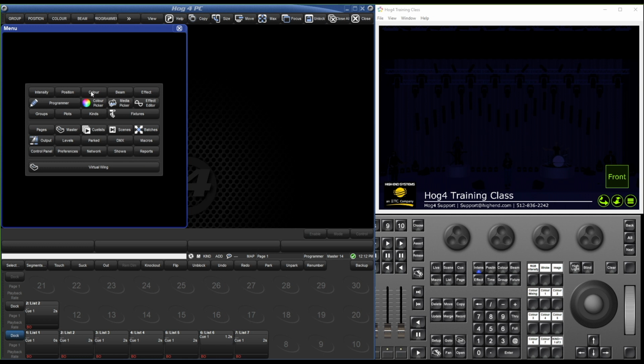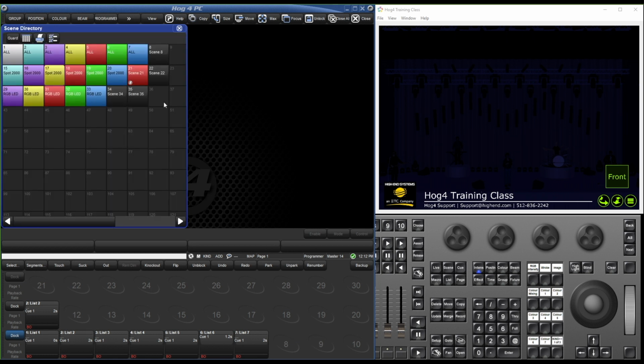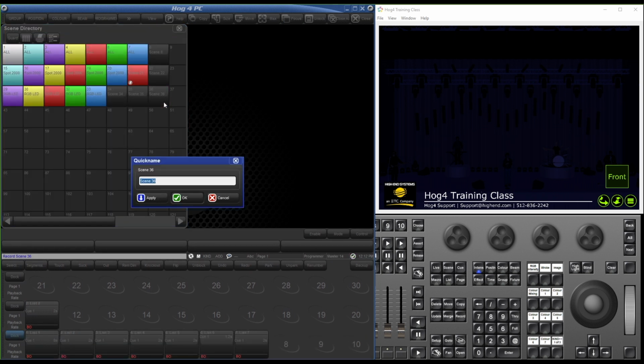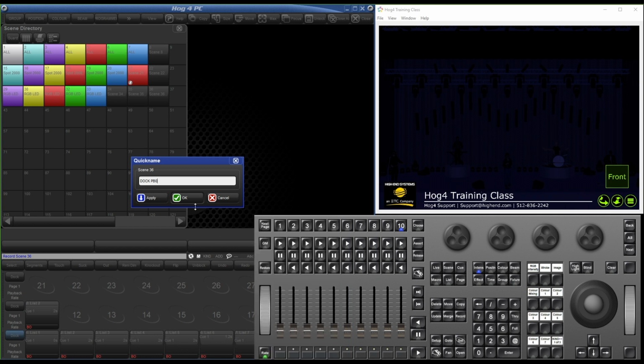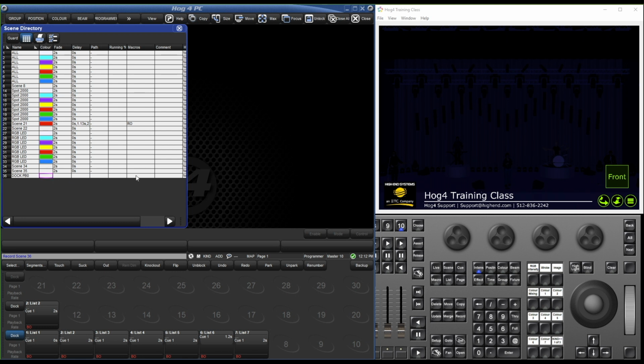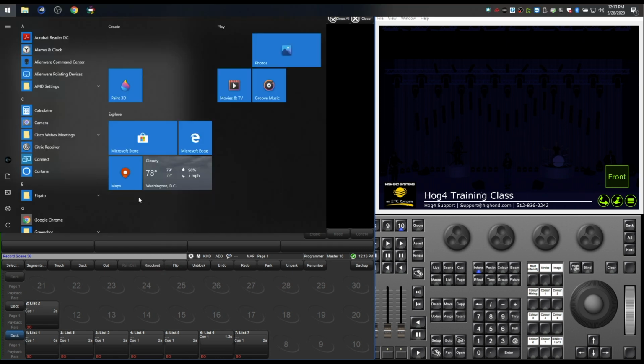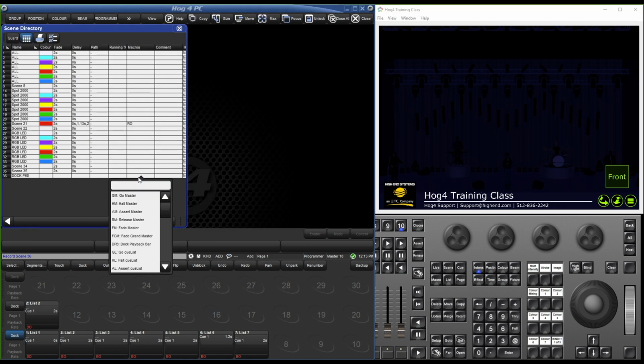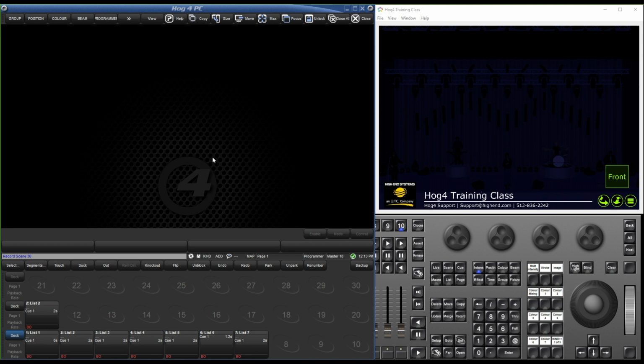So I'm going to go into my scene directory. I'm just going to record an empty scene real quick and label it dock playback bar 0. And then we'll go into here and apply a macro. So there's a Comet macro to change which playback bar you're actually going to dock. So I can type in, I can go here, dock playback bar 0, enter, and now when I go that